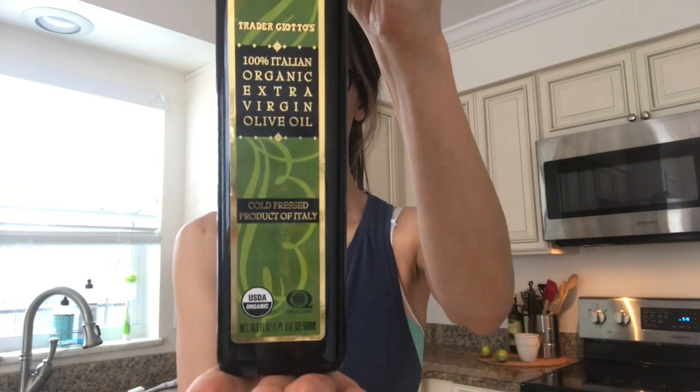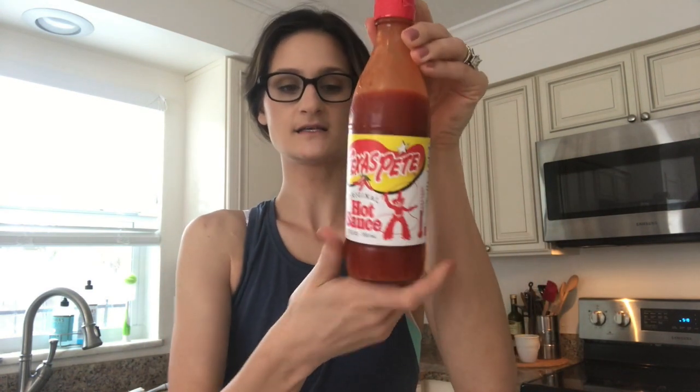So it's Dijon mustard, some extra virgin olive oil, of course, salt and pepper. I add in a little bit of hot sauce. Now, if you are cooking for little ones, you might want to omit that. I don't add enough to where the heat level is that noticeable, but it really does add a nice flavor, but that's completely optional. Then for seasoning, I did garlic powder,